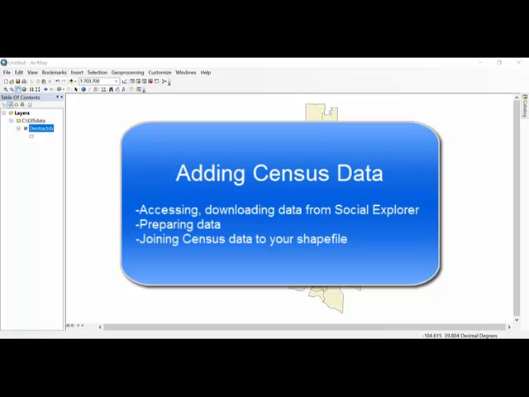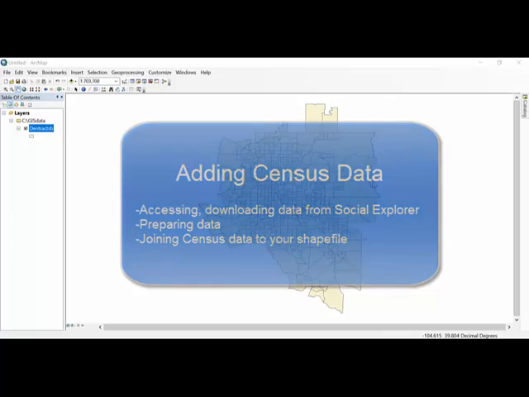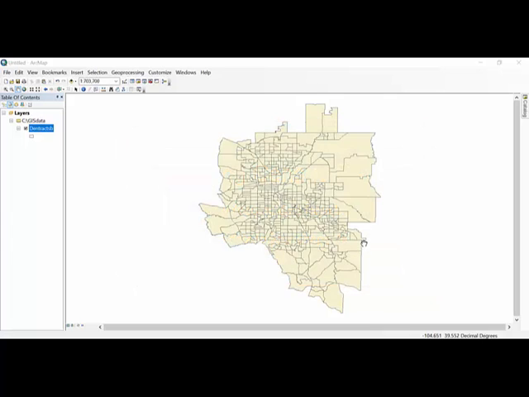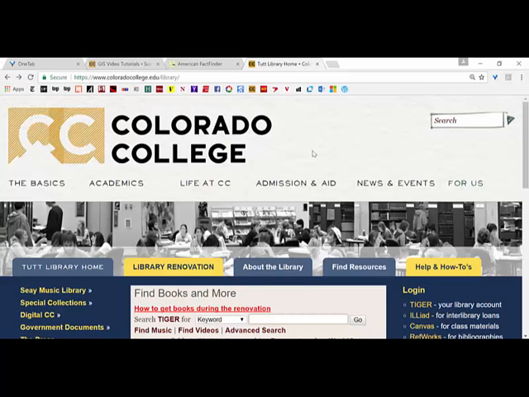As you may know, one of the things we want to do in GIS is actually add data to our shapefile. Here I've got census tracts in the Denver urban area, and I want to go and add census data to that shapefile so that I can explore additional variables. I want to show you how to access that data and download it and prepare it for GIS using Social